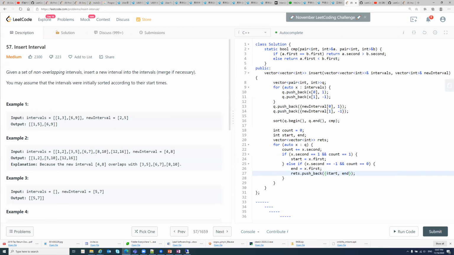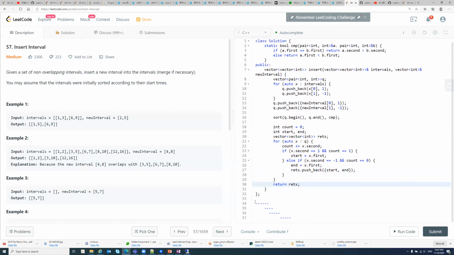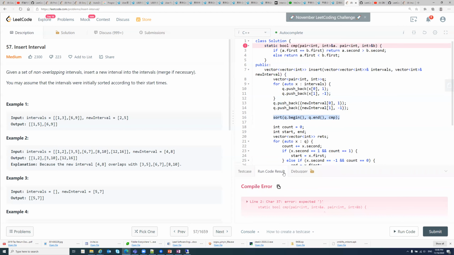That means the current interval can be merged and finished, and I will add this merge interval to the result, and loop using the sweep line. For the sweep line, I need to sort this queue. So this solution's time complexity is O(n log n), and for this problem, it should have an